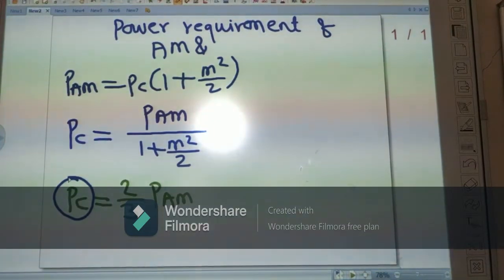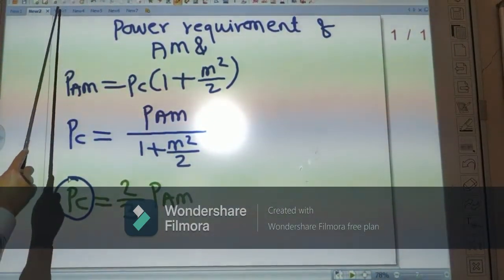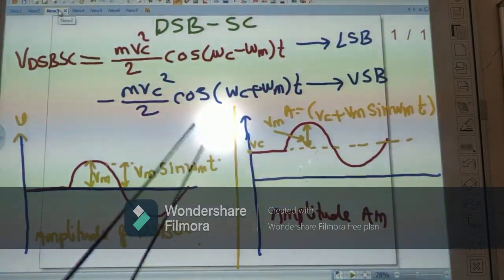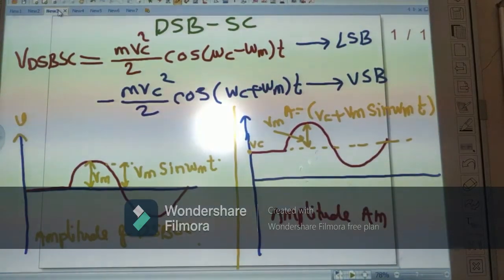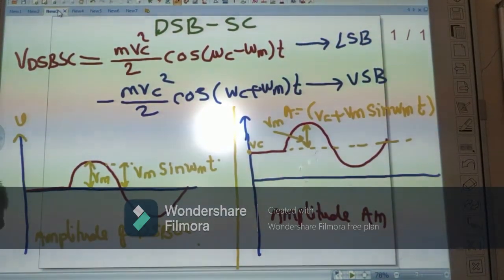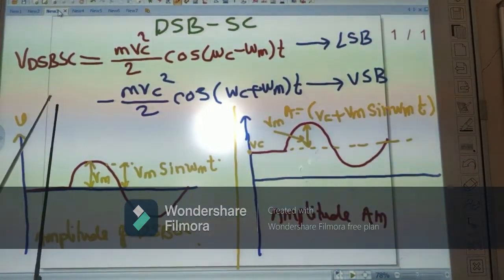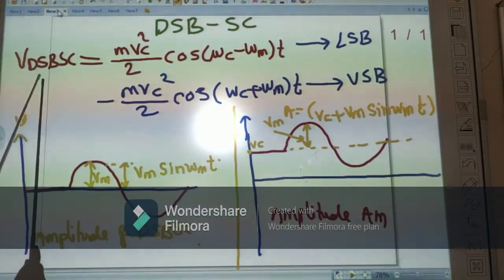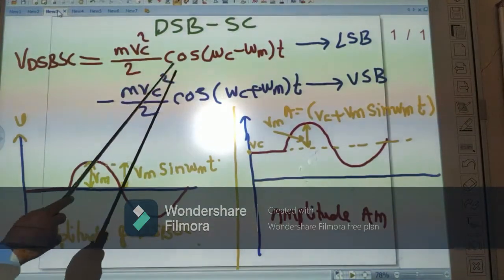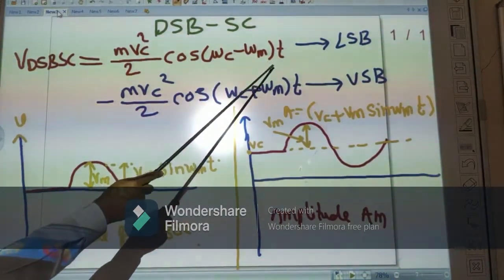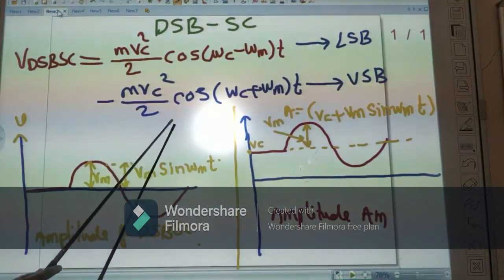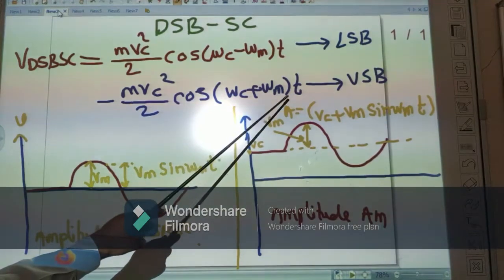So in applications where the power requirement is stringent, or low power applications, there is no need to transfer this carrier. In that case a new variant of amplitude modulation comes in the picture, that is double sideband suppressed carrier. Here the carrier signal is suppressed in the balanced modulator, and the output equation of the double sideband suppressed carrier waveform is mVc square by 2 cos of (omega c minus omega m)t, that is the lower sideband, minus mVc square by 2 cos of (omega c plus omega m)t, that is the